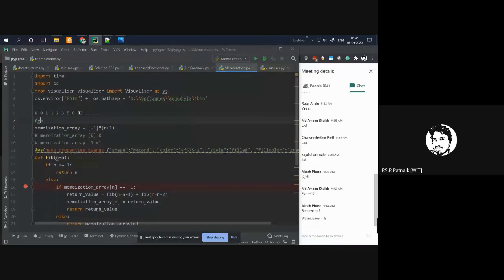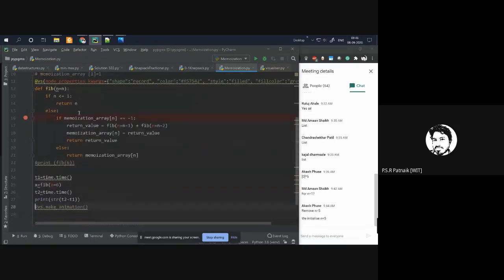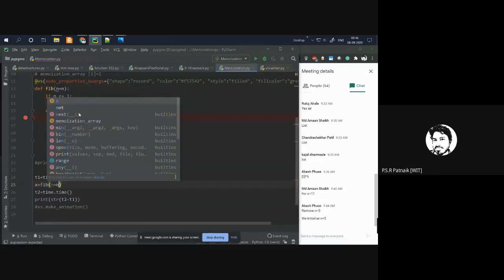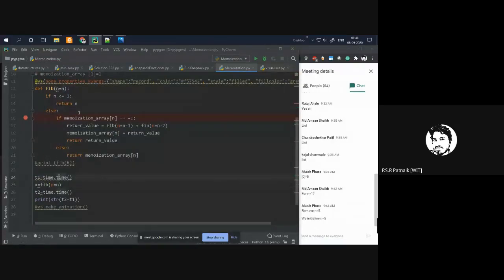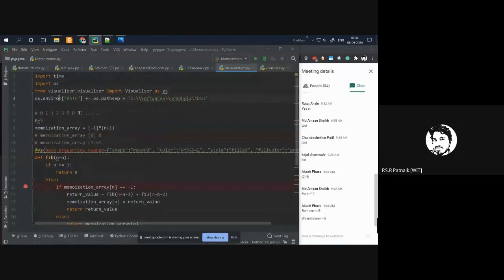Thanks for pointing out. I don't want this. So instead of calling n is equal to 6, let us call n is equal to n, and whatever the value I want to calculate, I'll pass it here itself. Now it should be fine.